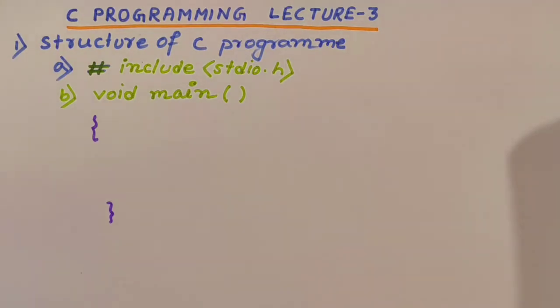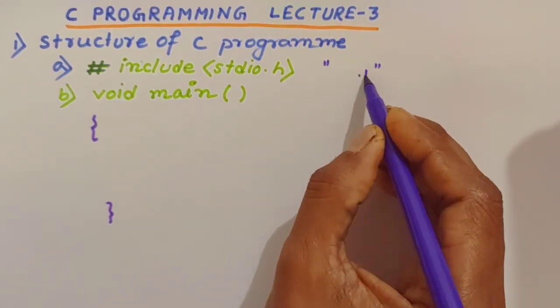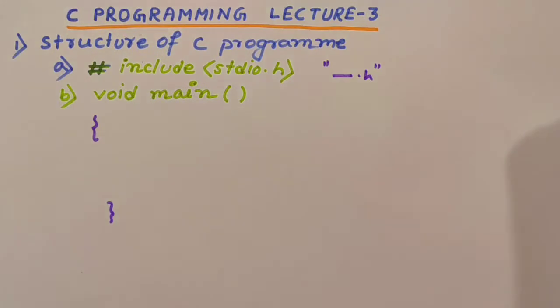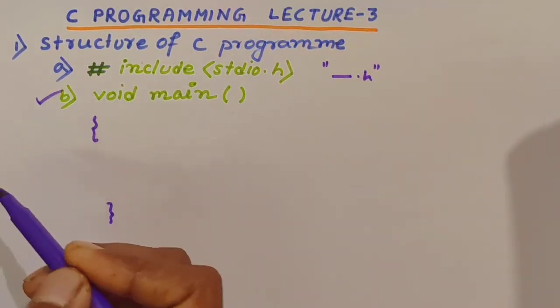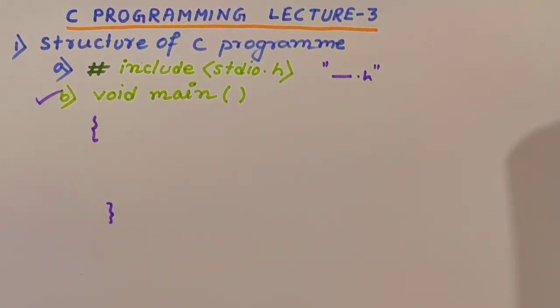So mainly here we will discuss what is the meaning of the first line, #include stdio.h, or inside brackets something.h. Two types of include structure are there. So what does it all mean? If you understand that, you can use it for different purposes. After that we'll discuss the second line of the C program, and thirdly we'll discuss the body of the C program, how it should be structured for different programs.